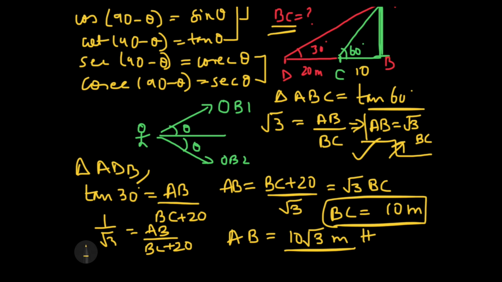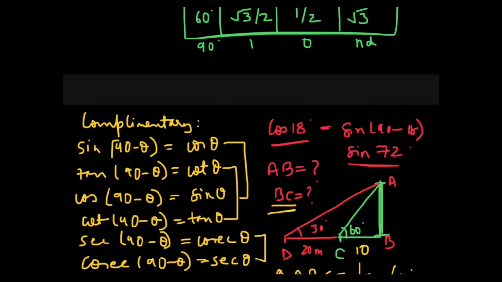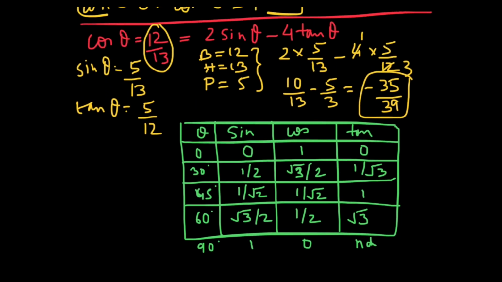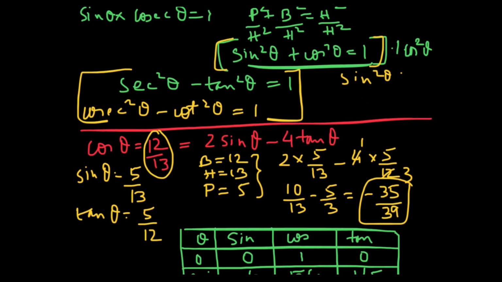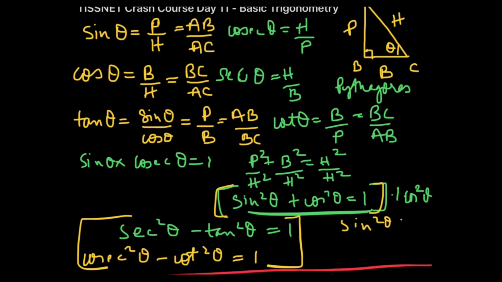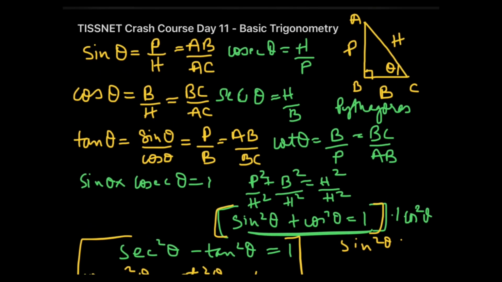So this is how we will be applying the principles of basic trigonometry to our questions, guys. In this video, we learned three categories of things. First, we learned about the basic identities, their values and things like that. Then we moved forward to the values of each angle like 0 degree, 30 degree, 45 degree, 60 degree. And lastly, we did questions on heights and distances, which involved the full concept of the things we learned earlier.